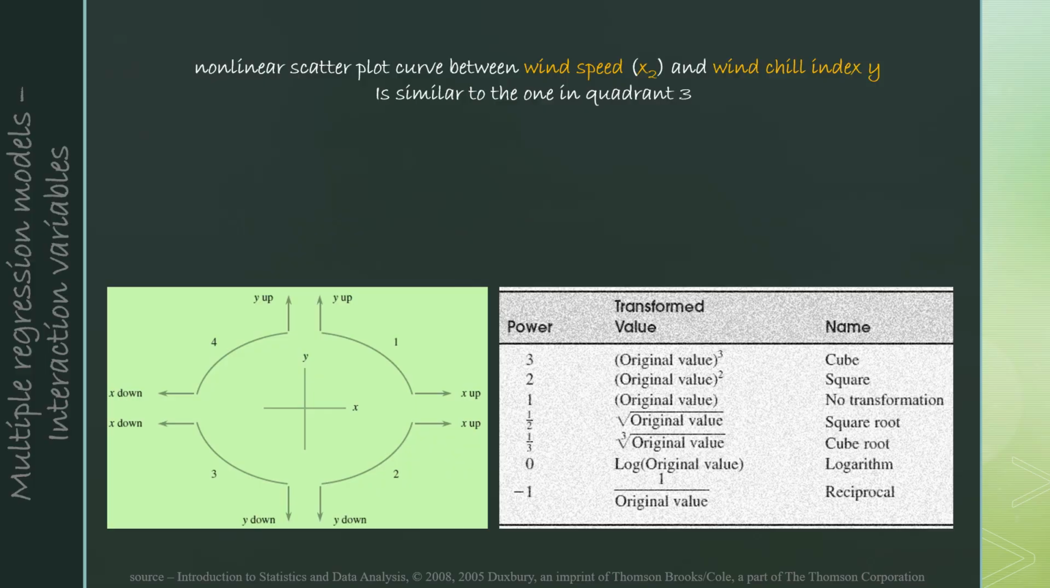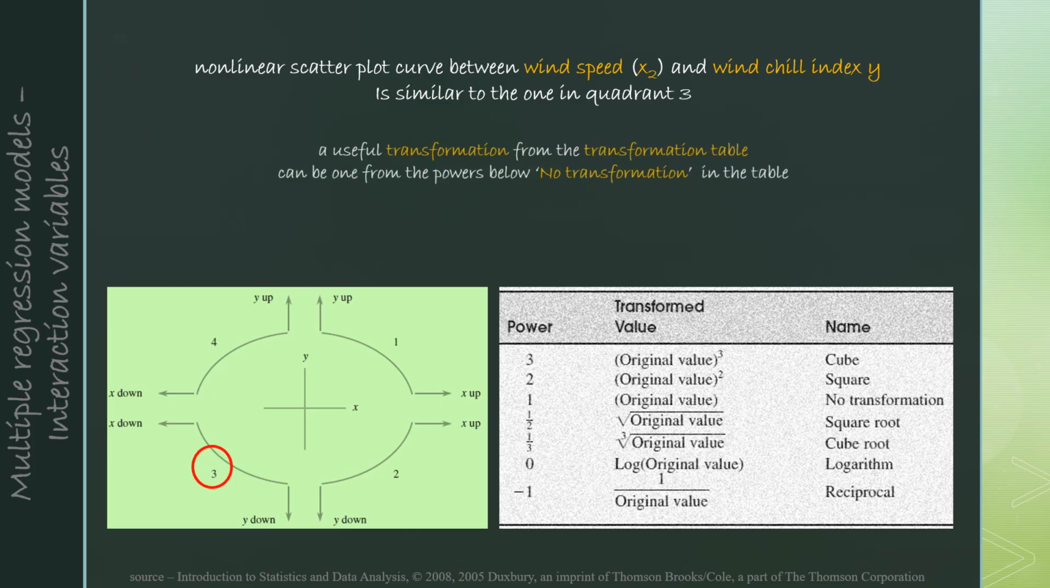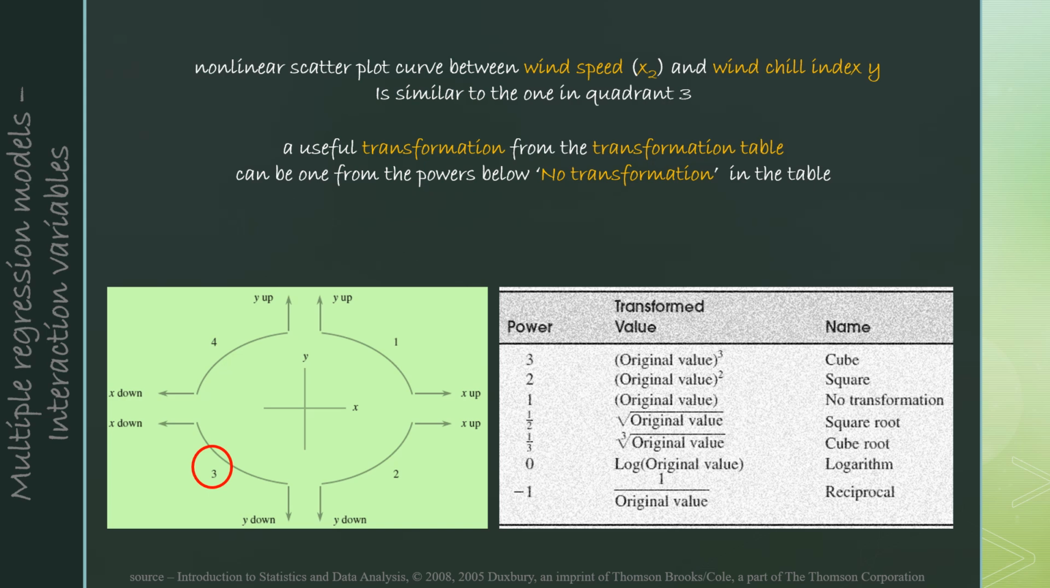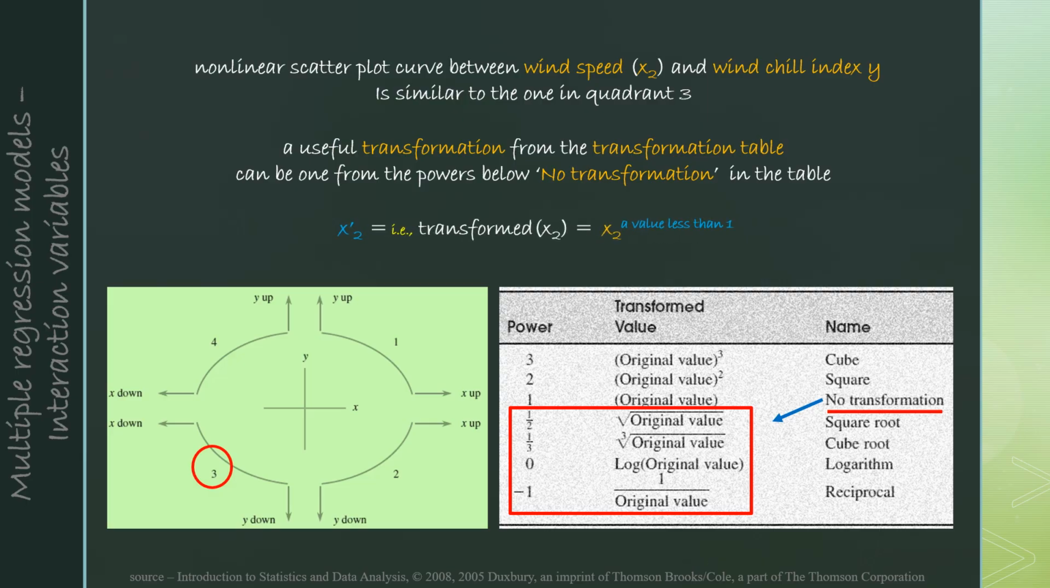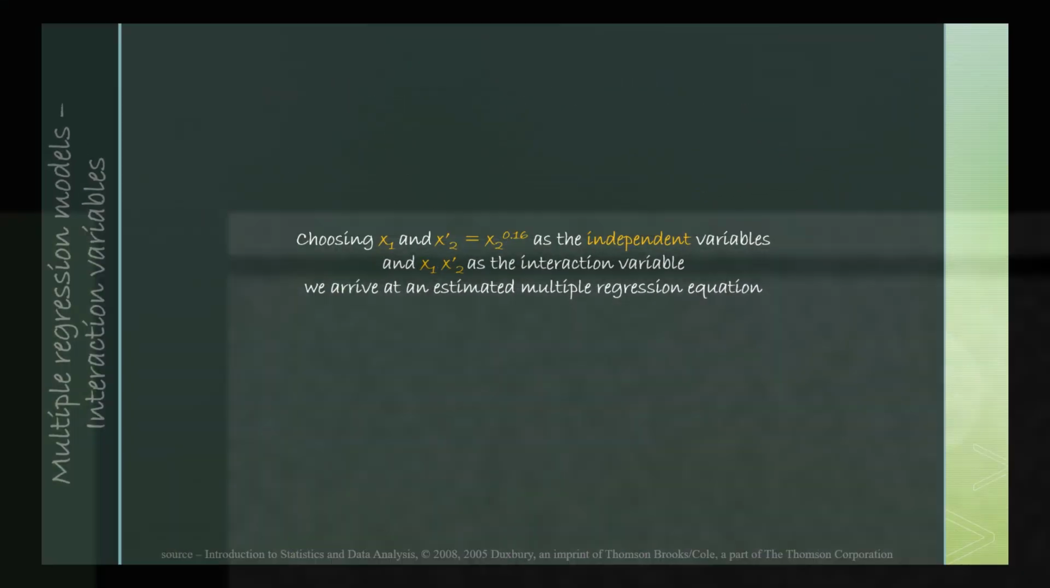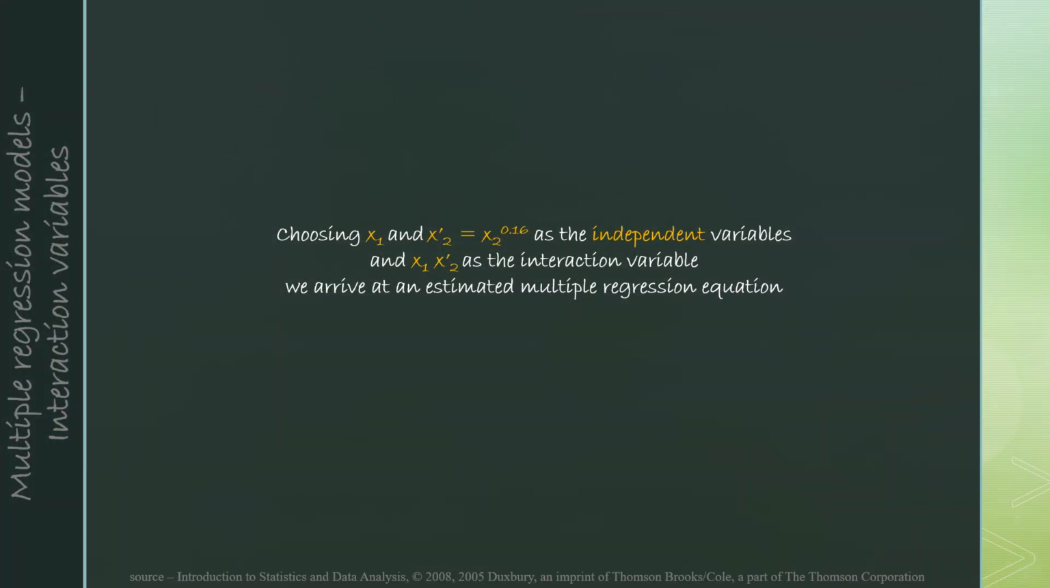Since the nonlinear scatter plot curve between wind speed x2 and wind chill index y is similar to the one in quadrant 3, a useful transformation from the transformation table can be the one from the powers below no transformation in the table. Accordingly, x2 dash, that is transformed x2, is achieved by raising x2 to a power whose value is less than 1. Choosing x1 and x2 raised to the power 0.16 as x2 dash as the independent variables and x1 multiplied by x2 dash as the interaction variable,